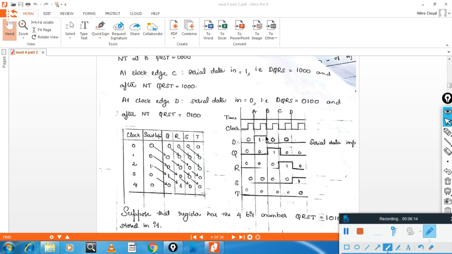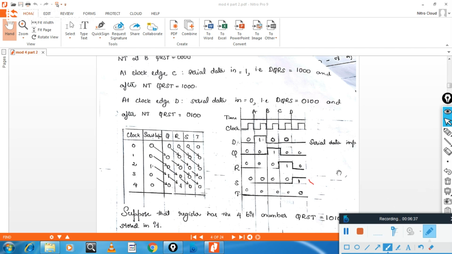At the second clock pulse, this becomes 1, 0, 0, 0. At the third clock pulse, this 1 is shifted here, and the previous contents are shifted too. In the fourth clock pulse like this, in the fifth clock pulse like this. So the 1 is shifted like this.